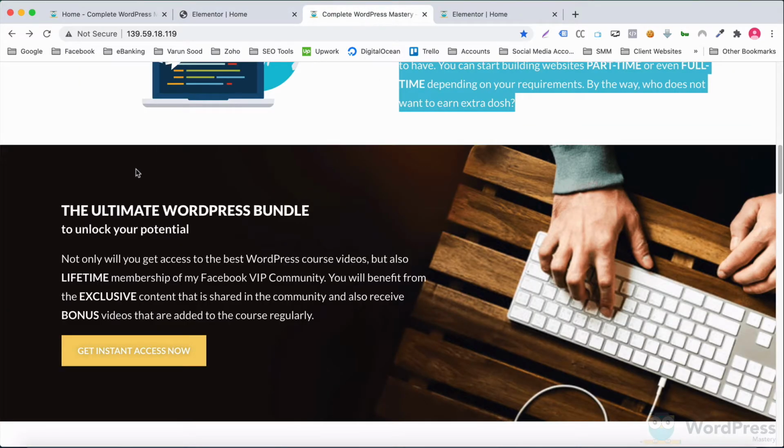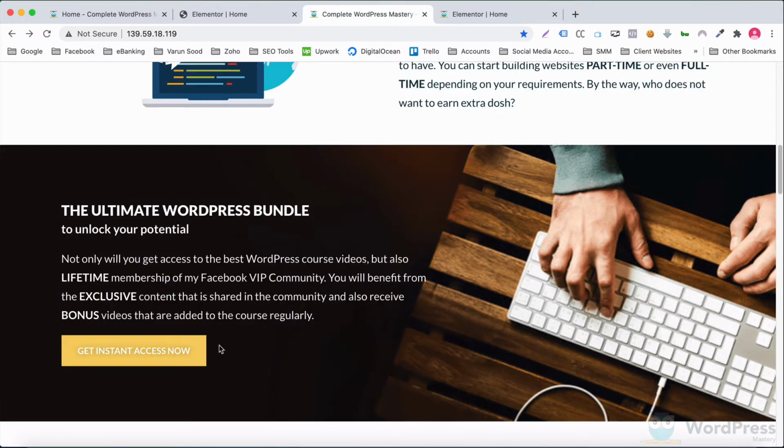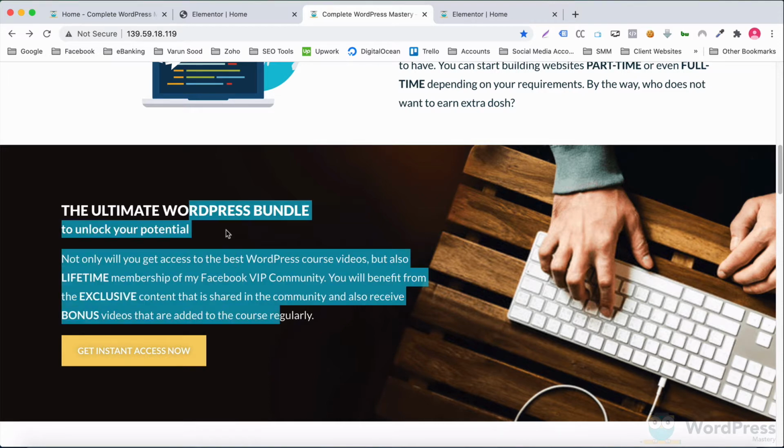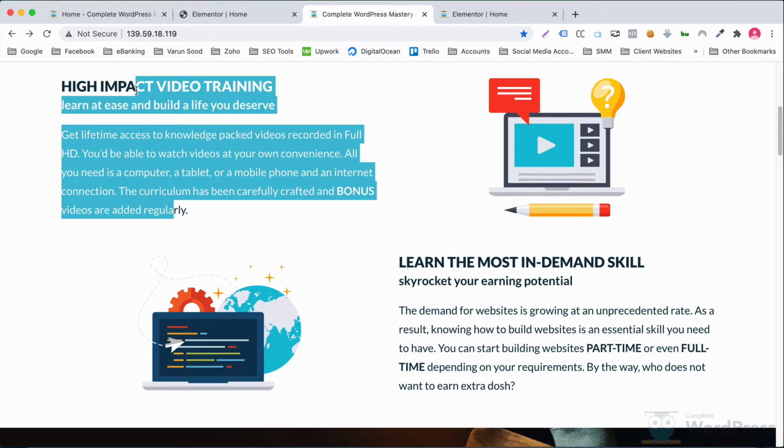Let's now include this text and the button in the left column. If you notice, the format for the headings and the text is the same as we did here.